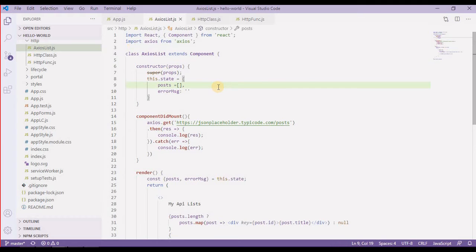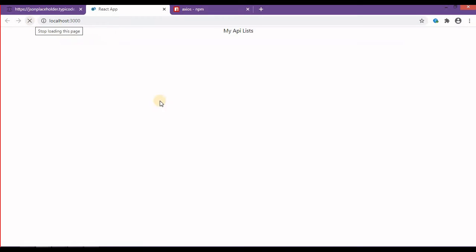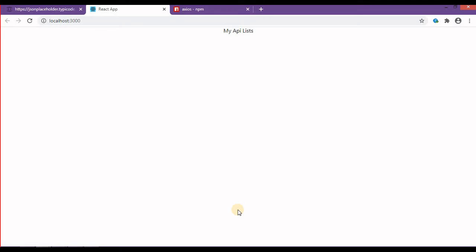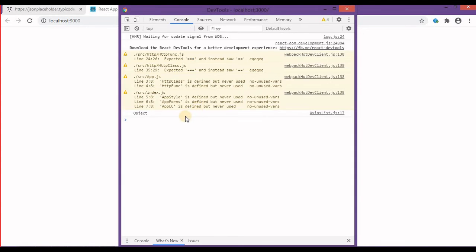It should be a colon. Okay, in our console we are seeing it as an object.